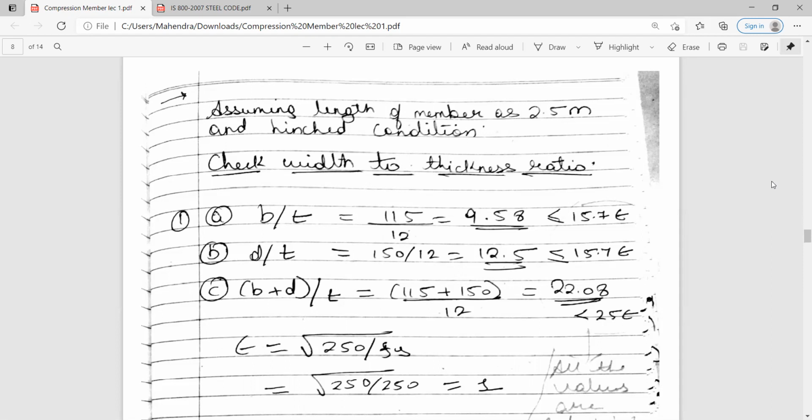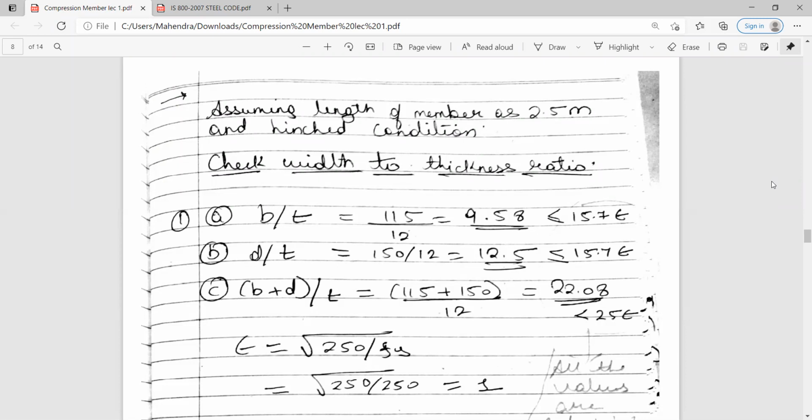Which condition are you using? A single angle or double angle section that will be acting as a strut. We can also say this condition is hinge condition. So you have to use all those formulas for case 2, which you wrote before this: if the single angle and the double angle will be acting as a strut. You have to use this condition as they are not mentioned in the question which condition it is. So we are going to assume that condition only.